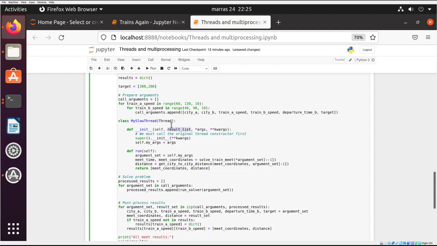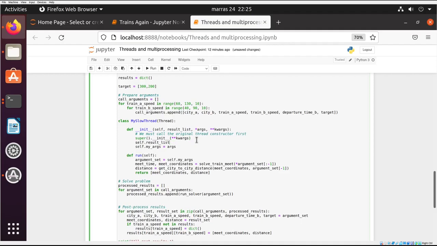We will save this variable into self of this class so that we can re-access it later. And in our run function, instead of returning this, we will take the list and append it to the results. This way we can take an arbitrary list of results that we will create externally before starting any threads and pass it essentially as a pass by reference value. And because we are passing it by reference, all threads will reference the same list. And if they all call append to that list, the resulting list will contain all values computed by all the